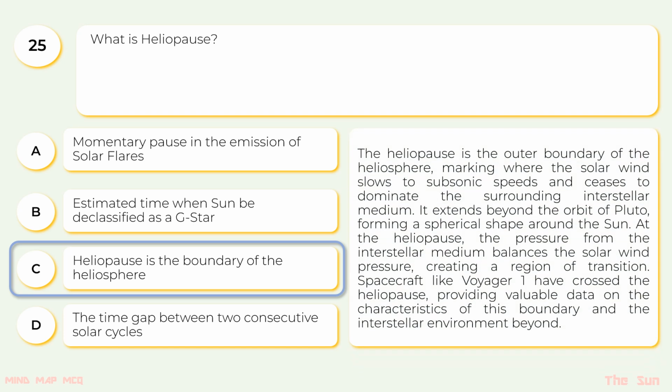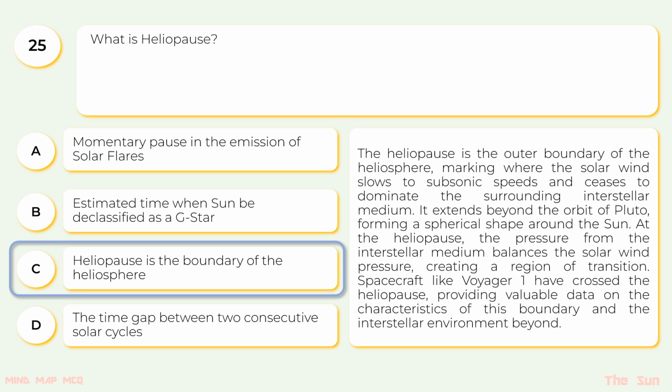The heliopause is the outer boundary of the heliosphere, marking where the solar wind slows to subsonic speeds and ceases to dominate the surrounding interstellar medium. It extends beyond the orbit of Pluto, forming a spherical shape around the sun. At the heliopause, the pressure from the interstellar medium balances the solar wind pressure, creating a region of transition. Spacecraft like Voyager 1 have crossed the heliopause, providing valuable data on the characteristics of this boundary and the